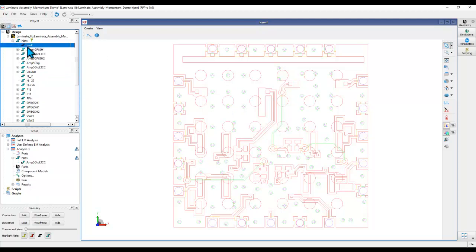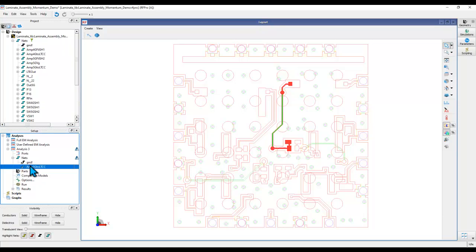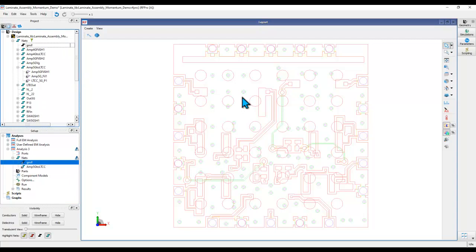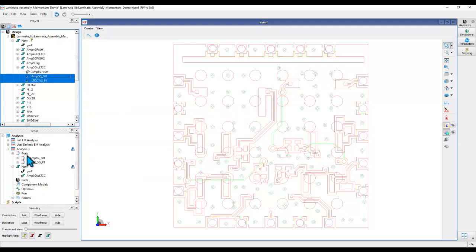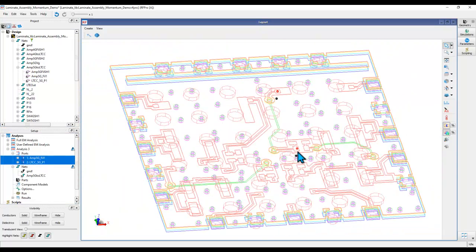Now you also need a ground. So you can also select and add a ground net as part of your analysis. Once the net is here and the ground is here, the remaining thing you need is to create a port. All the pins, as we spoke about, which you have placed in layout, you can also see under this net. These pins you can drag and drop under ports, and automatically 2 ports will be created for you